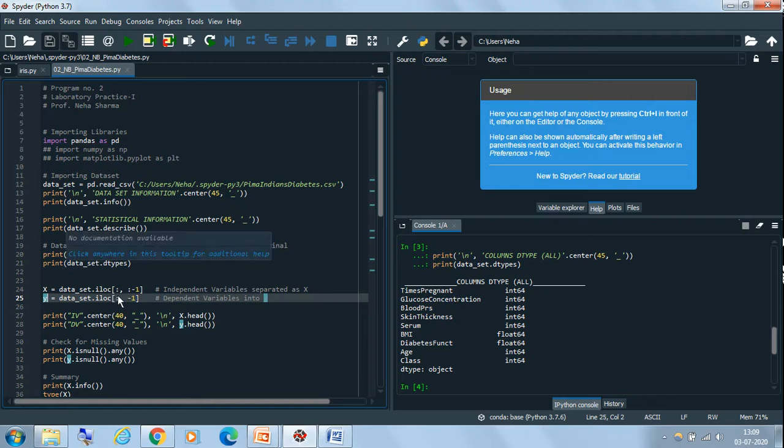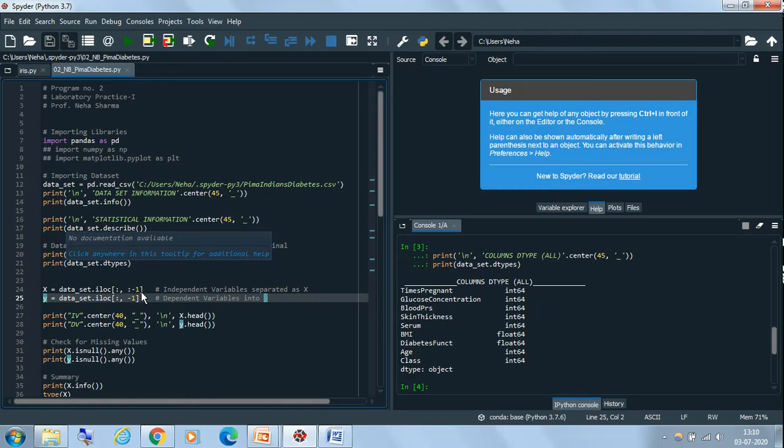We want to include all the rows, that is why before the colon and after the colon we have not mentioned anything. If I write, for example, 2:4, that means I want to include the second to fourth row, right? In this case we want all the rows, that is why only a colon is mentioned here. Then the second part refers to how many columns you want to include.